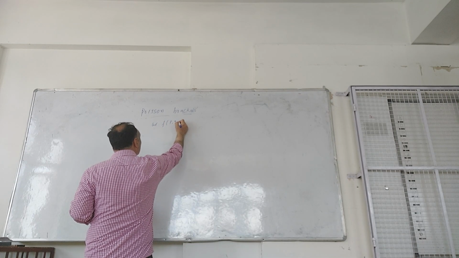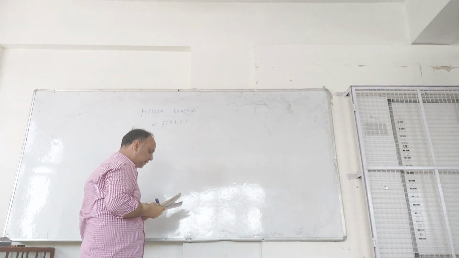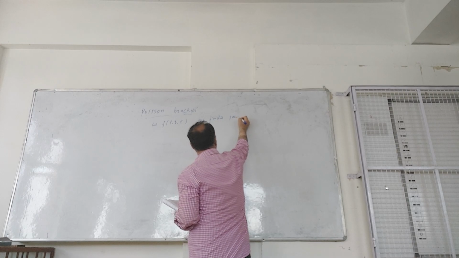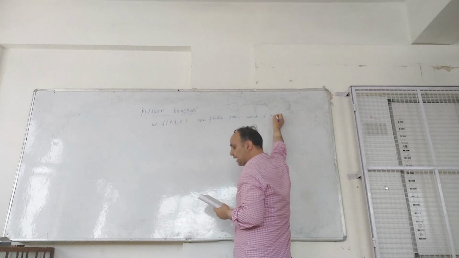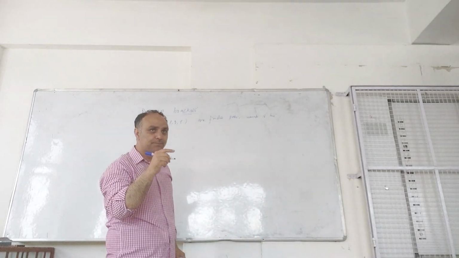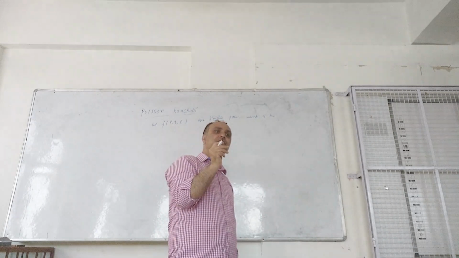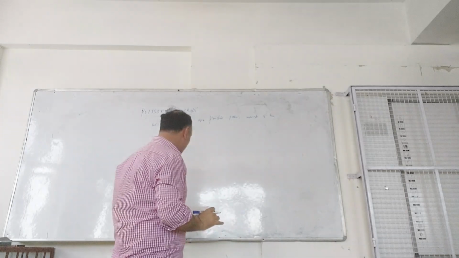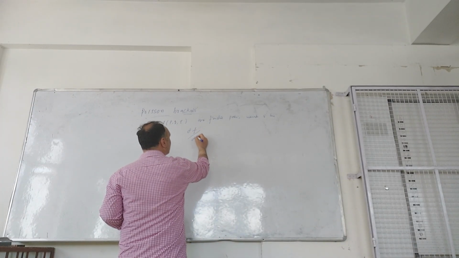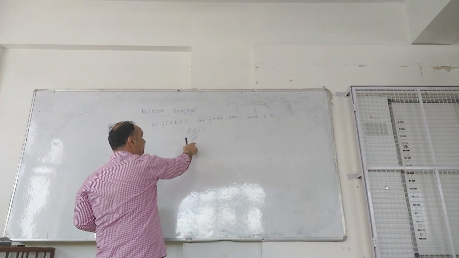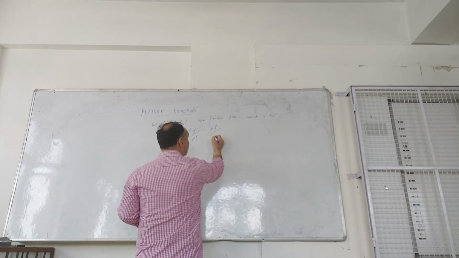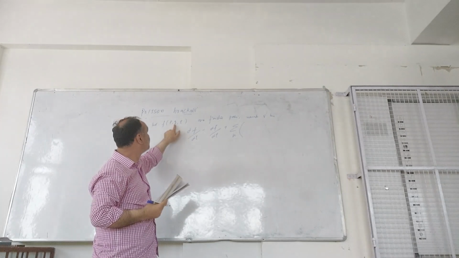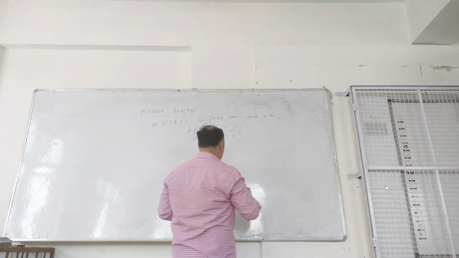a function f of p, q, t, so these are position, momentum and time. The function is a function of position, momentum and time. And as we said, any function will depend on its derivatives, so you can express a function in terms of position, in terms of momentum, in terms of whatever variables there are. For our equation of motion, how the function varies explicitly or implicitly in terms of time, if it's dependent on time, that is one way the function changes with time. And if you want to write this function in terms of position as well as momentum, you can also write it like this: